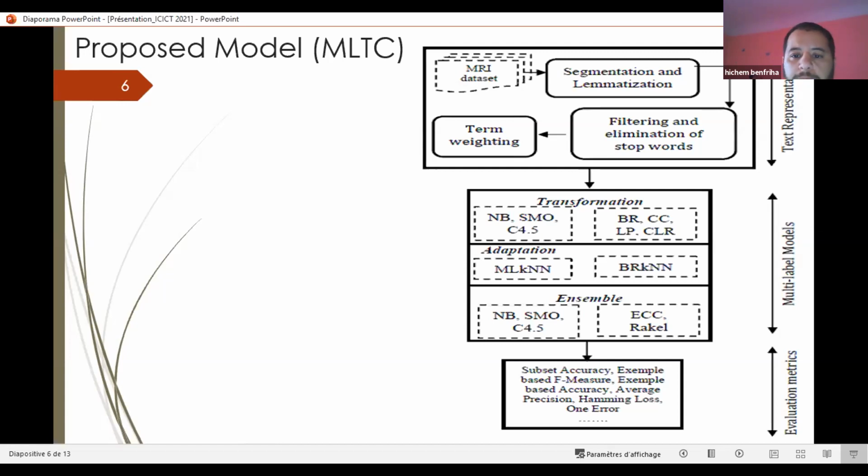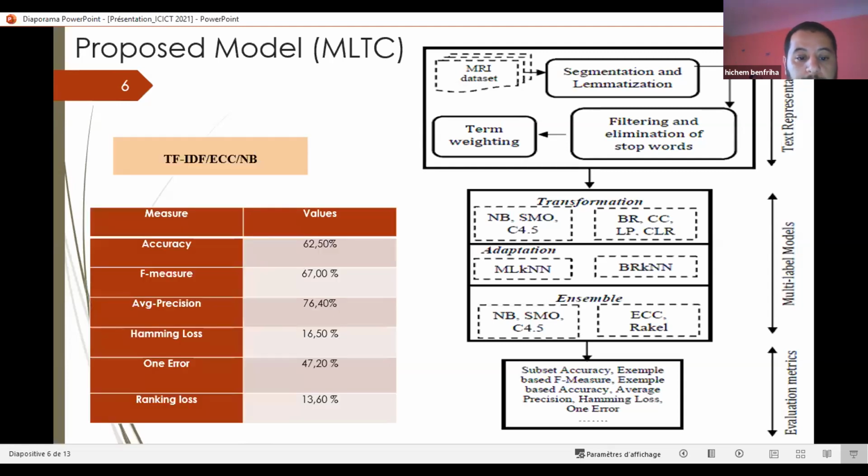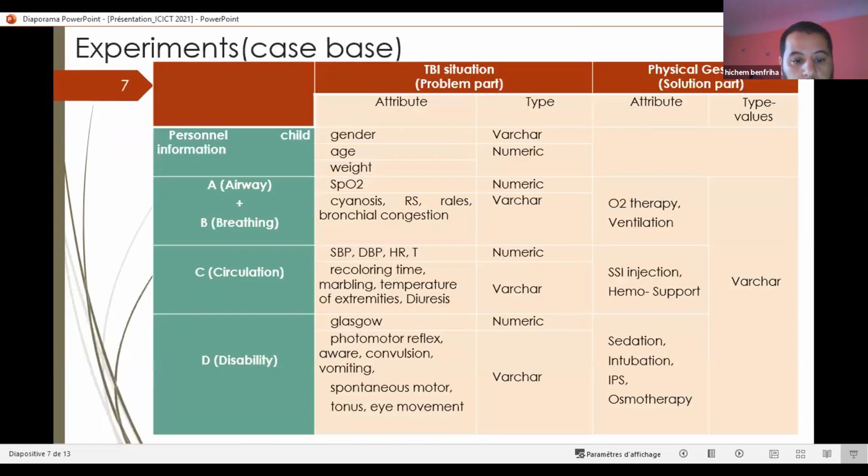We have experimented with a variety of weighting scheme approaches, the best classifier, and a variety of multi-level approaches. The experimental results obtained showed that the combination of the naive-Bayes classifier, the ensemble of classifier chains approach, and TF-IDF weighting gave the best result in terms of user evaluation. A TB situation is represented by a couple: situation and physical gesture, where the TB situation is the clinical